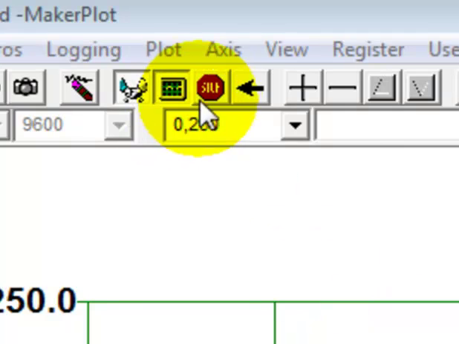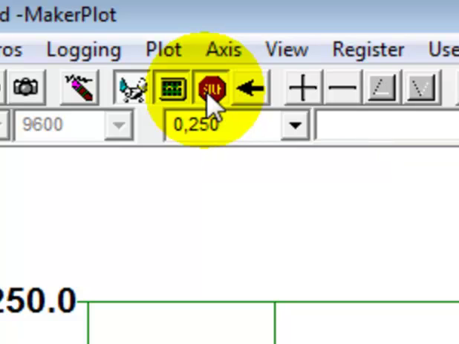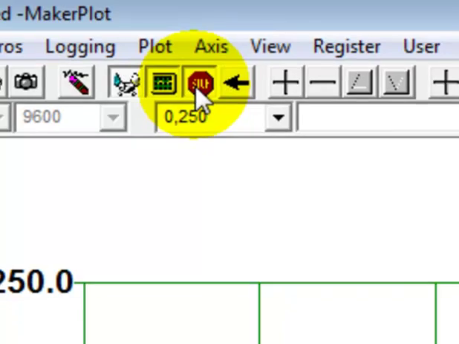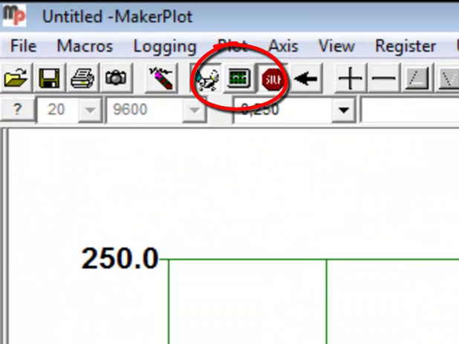Let's start with the stop sign icon. Clicking the stop sign icon will cause the plot to stop at the far right end of the interface screen. So let's click on the stop sign icon like we just did and see what happens. Okay, the plot stopped at the right end of the screen and the plot icon was automatically deselected, stopping any